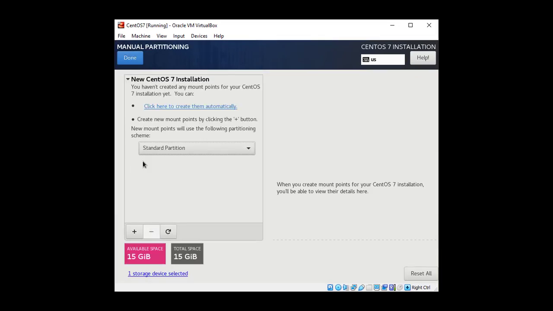Now click this drop down menu and select standard partition and click the plus icon above the pink box showing available space. Click that plus icon,